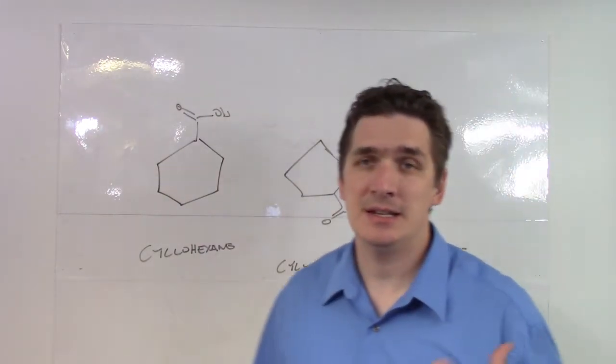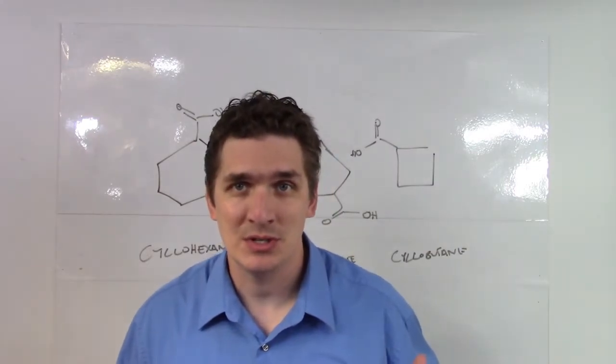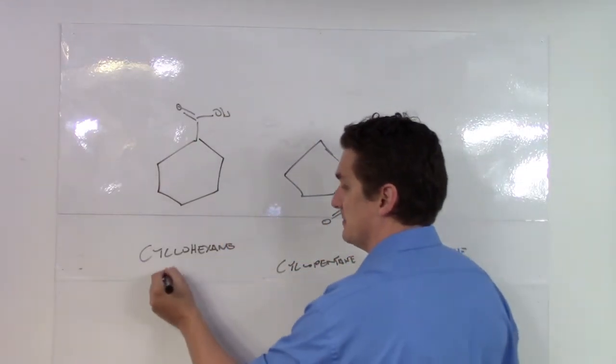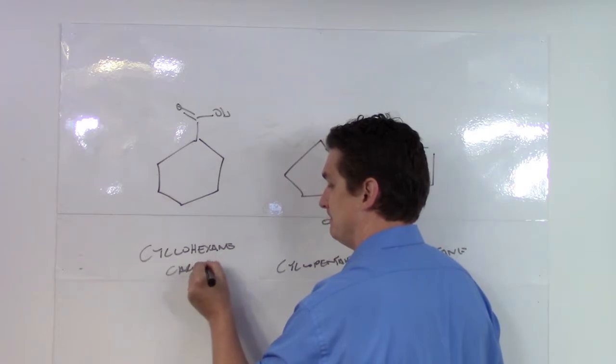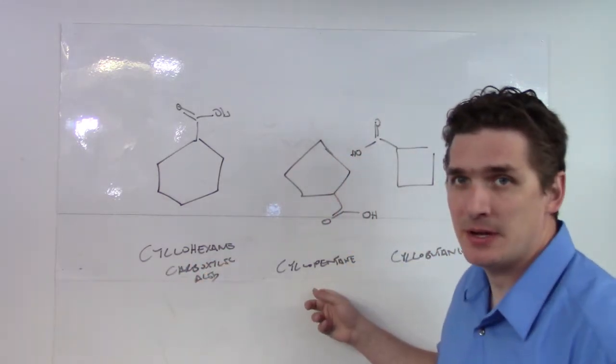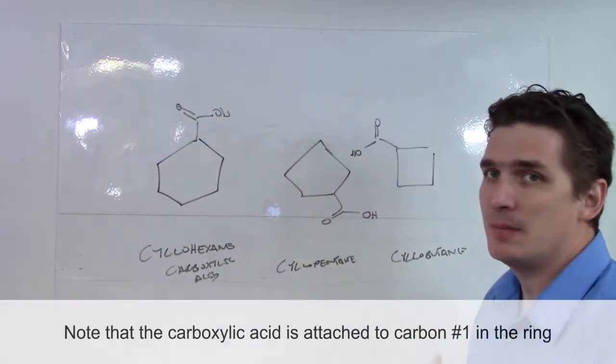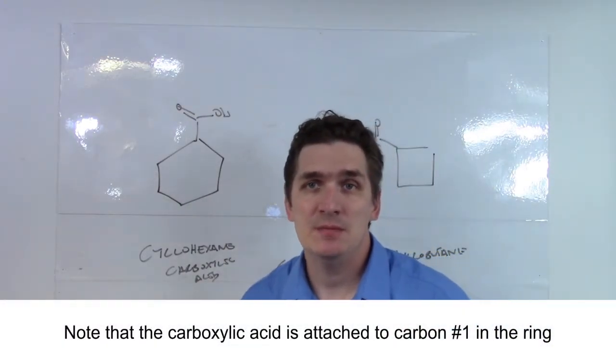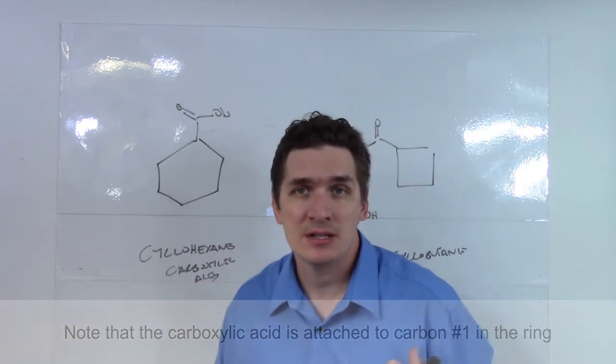Now, to designate these as carboxylic acids, we're just going to say cyclohexane carboxylic acid, cyclopentane carboxylic acid, cyclobutane carboxylic acid, with the implied assumption being that the carboxylic acid takes